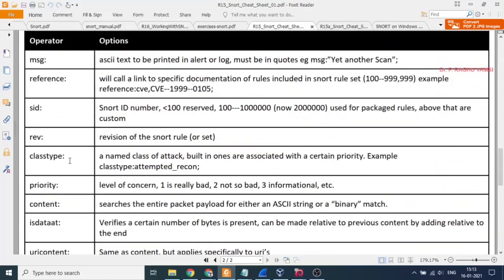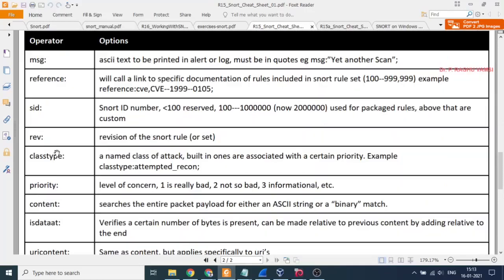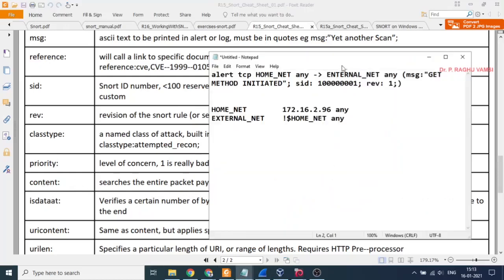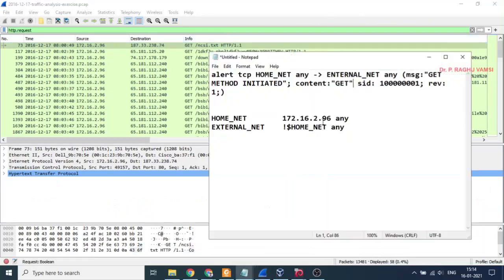So here priority, reference, and offset, rawbytes. So here class type, priority, content. So content is of type GET. GET content we are going to consider. So GET like that we can write, so that we can identify the GET method, GET related information. So this is the way we can form the rule.